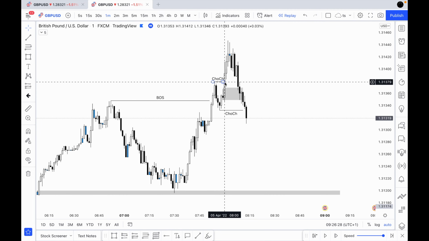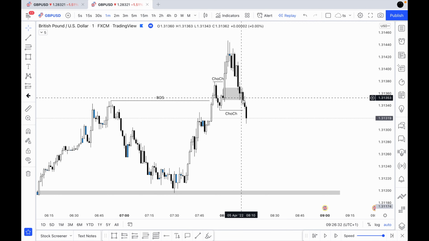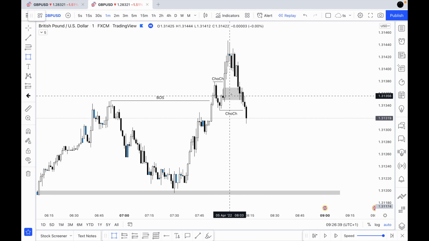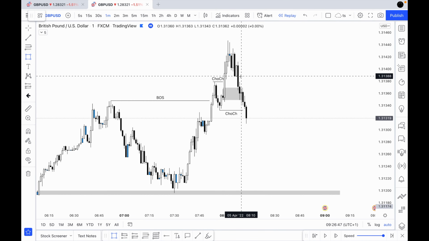So we've got this break of structure here. The push up, this demand zone has failed, and we've then had some bearish momentum push past there. Now what we'll be looking for from here, we're going to be looking at the last supply that caused this zone to fail. Now we could be looking at this zone here, but the reason I don't like this is there's a little bit of imbalance just here.